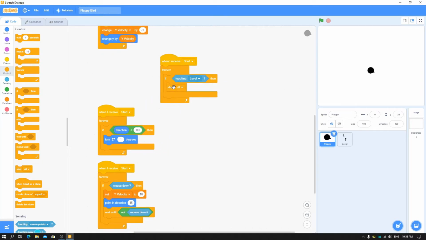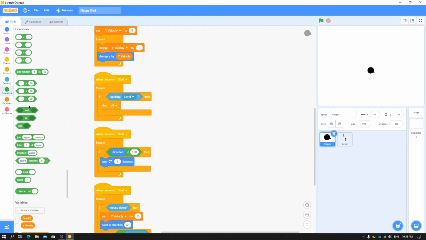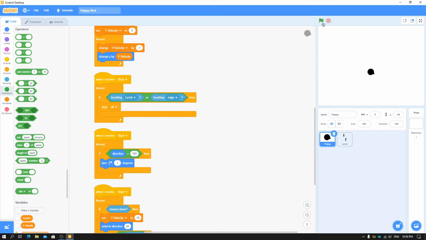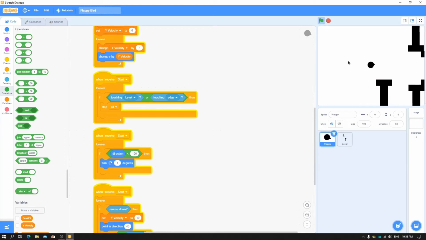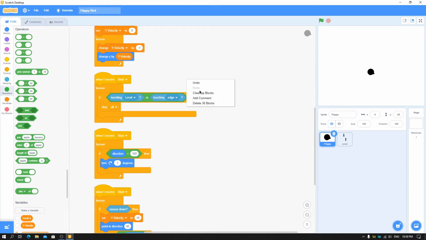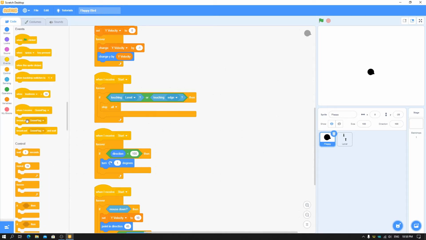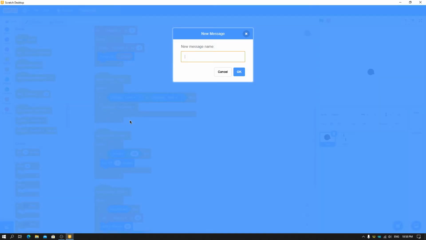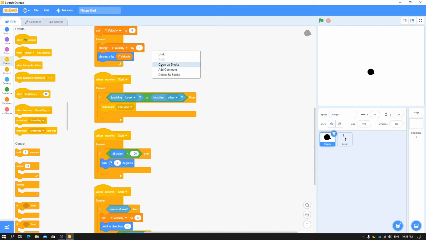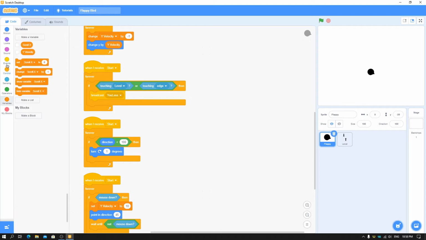And now for now you can put this, or you can just put here or touching edge. So if it touches the ground or the top, it will lose. Here you can see when I touch this, the game stops. You can just add a you lose screen, like just broadcast you lose, and then just here you can put